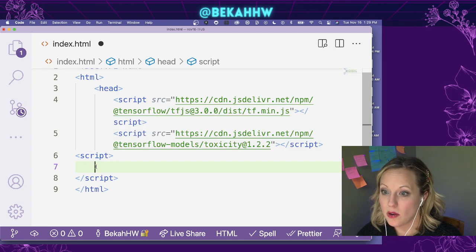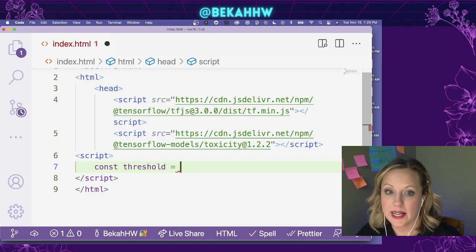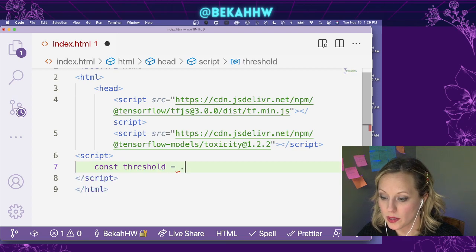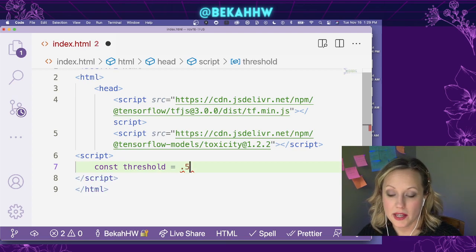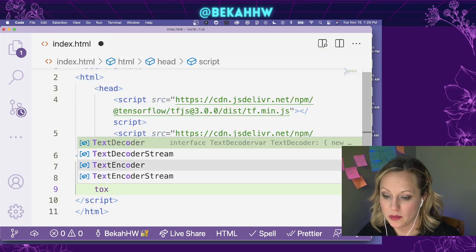Right now we want to make sure that we have that threshold set. So we're going to create a variable, const threshold, and then we're going to change it. Like I said, I think 0.85 is the default. We're going to just have 0.5 here. And then we're going to go ahead and load our model. So to do this, we can do